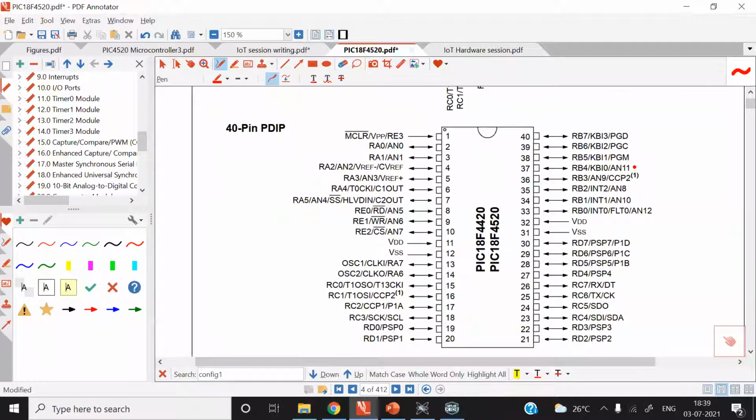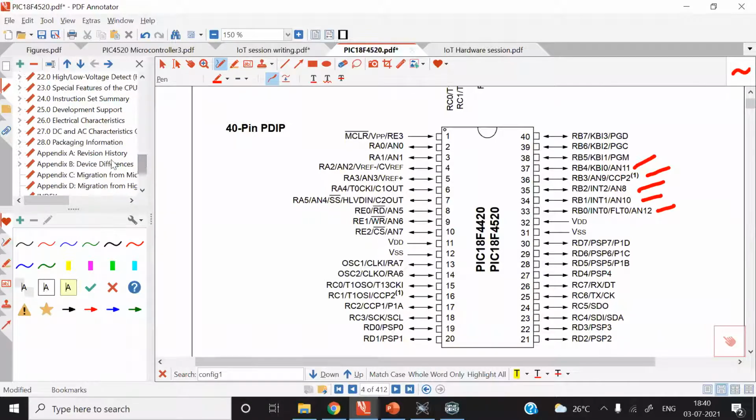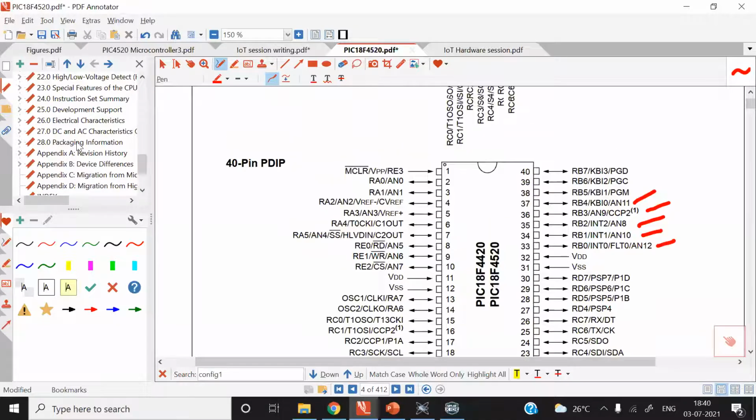AN11, AN9, AN8, AN10, AN12. So how many pins are multiplexed with analog function? 1, 2, 3, 4, 5 pins. These 5 pins are multiplexed with analog channels. Whether you want to make these pins analog or digital depends upon the last 4 bits of the ADCON1 register.